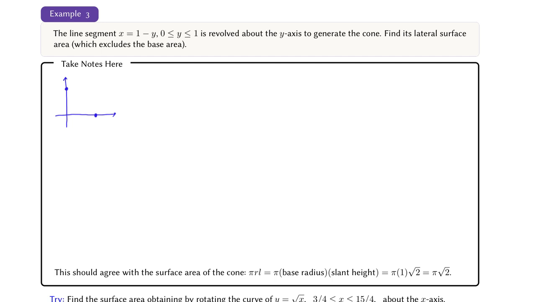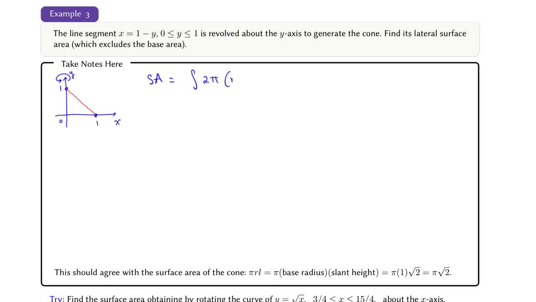The y-intercept is 1 and the x-intercept is 1. We only need the part of the graph where y is between 0 and 1. We then rotate the line segment about the y-axis to form a surface, and we're looking for the area of